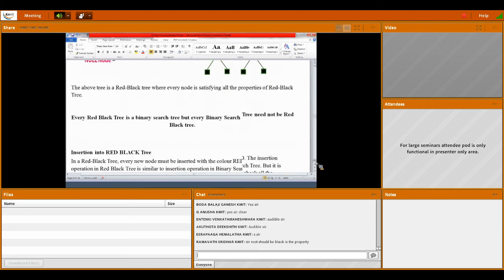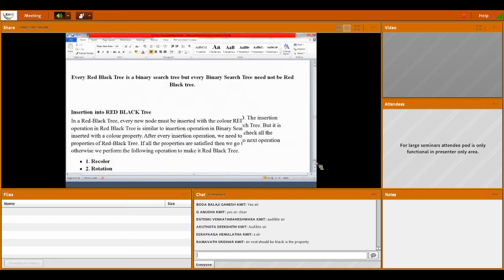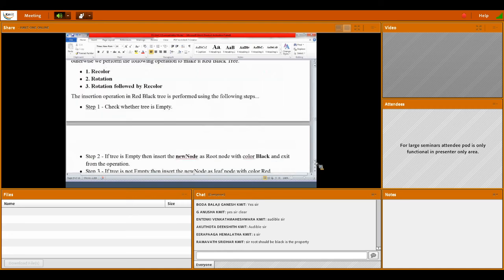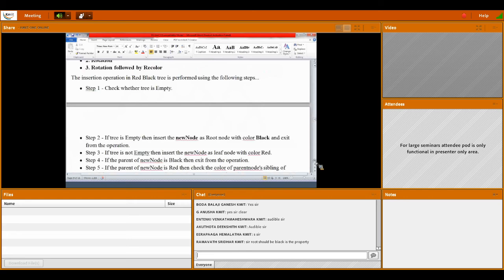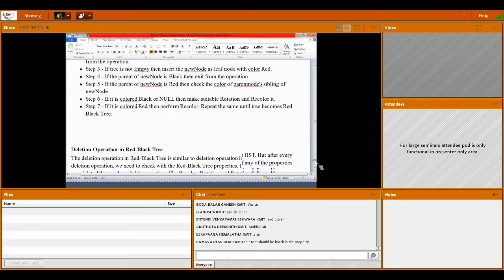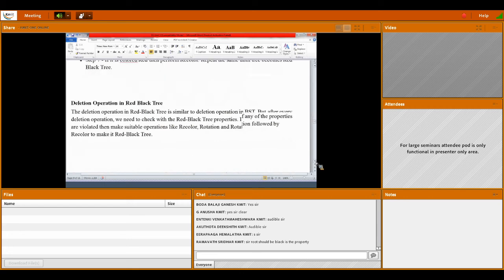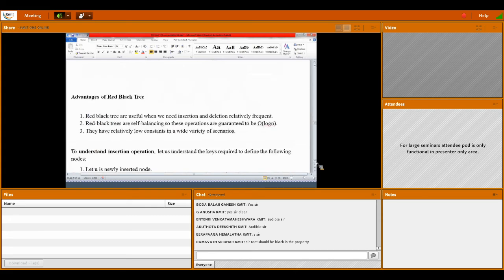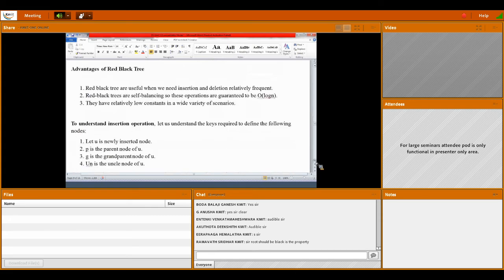So after insertion, where are you inserting? We don't know where to insert, because based on the BST properties, binary search tree properties, we will insert. While inserting, you will insert on the left side or right side of the parent node, and the parent node may be either on the left side of the grandparent or on the right side of the grandparent node.